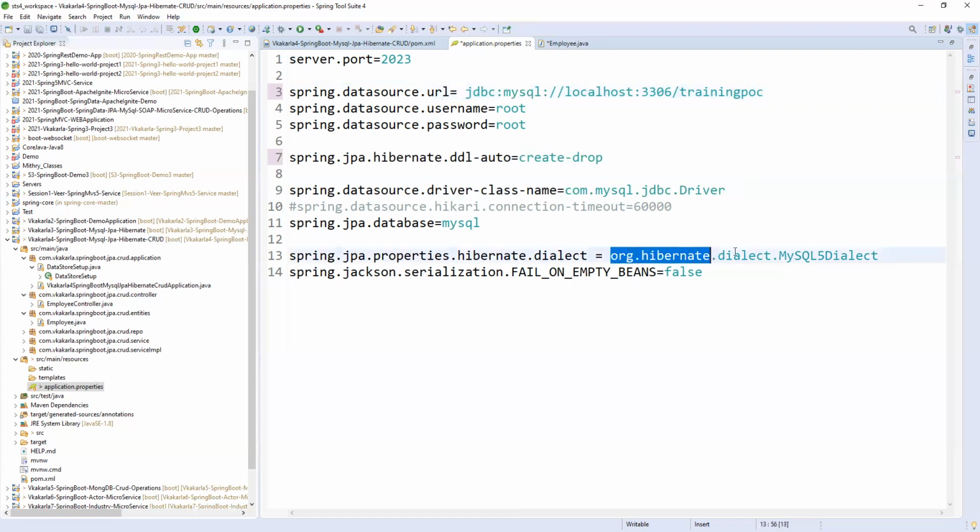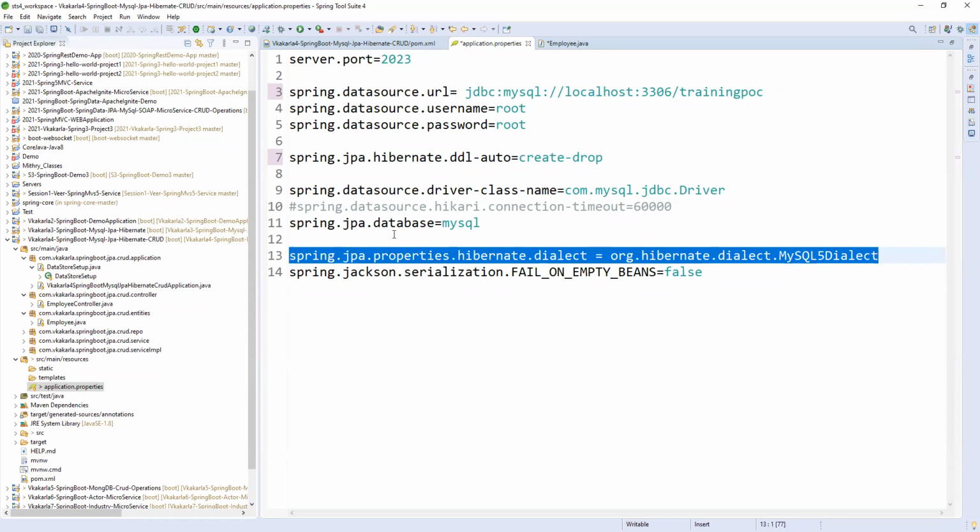That is the reason we are using the MySQL dialect. If it is an Oracle database, we need to use the Oracle dialect. So the dialect converts our SQL queries to the respective database syntax. These are very important.